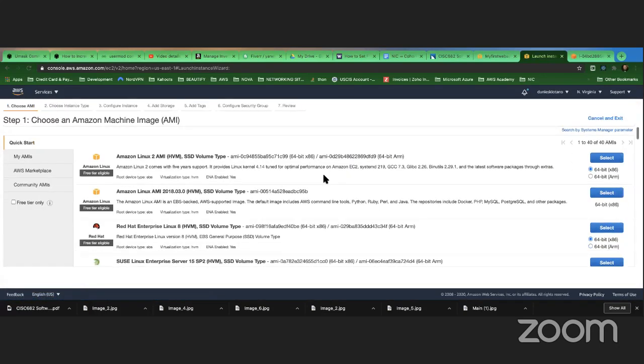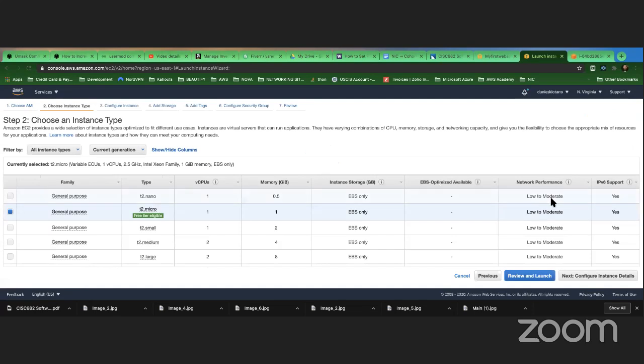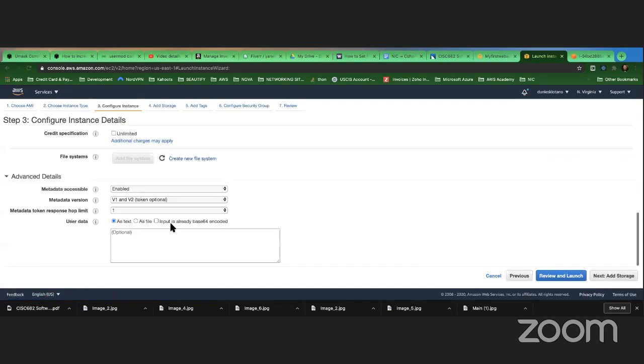You can do some stuff here, which is basically what you can do once you have SSH. But this is a runtime, right?